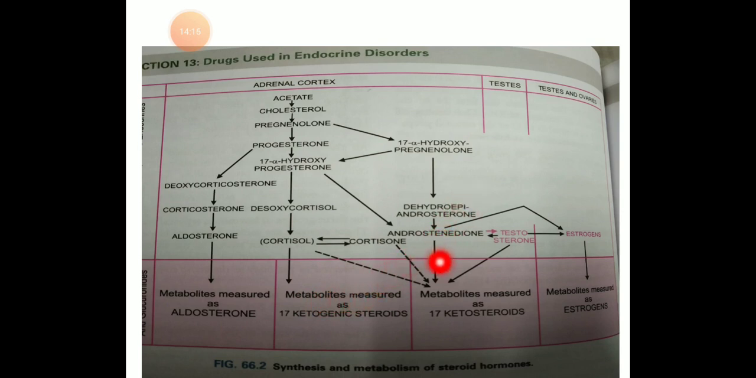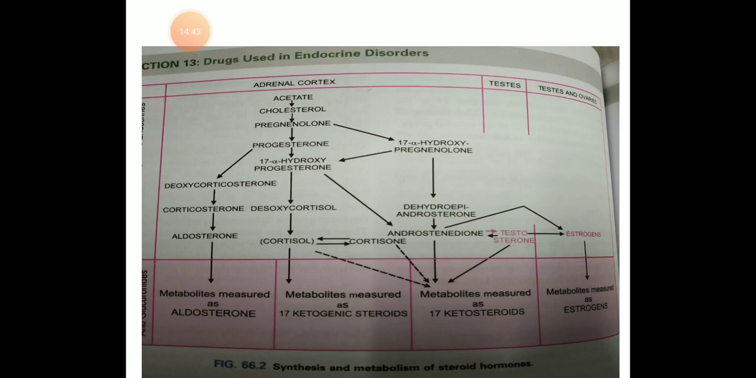And on the other hand, via androstenedione, it is forming 17-ketosteroids, and at the end, from androstenedione, it is ultimately going to the other direction and is forming sex steroids like testosterone and estrogens. So this is basically the synthetic pathway of